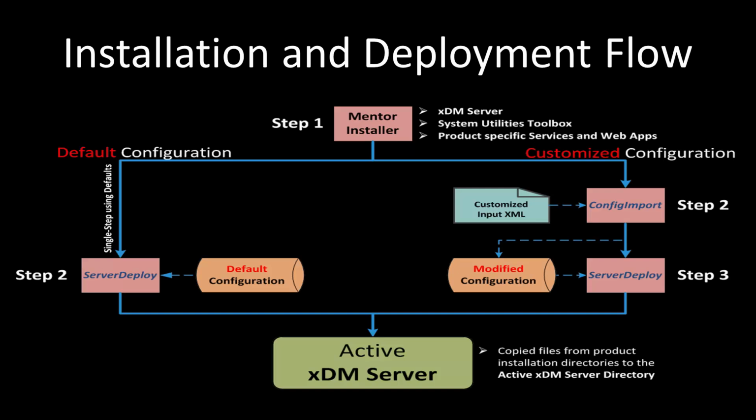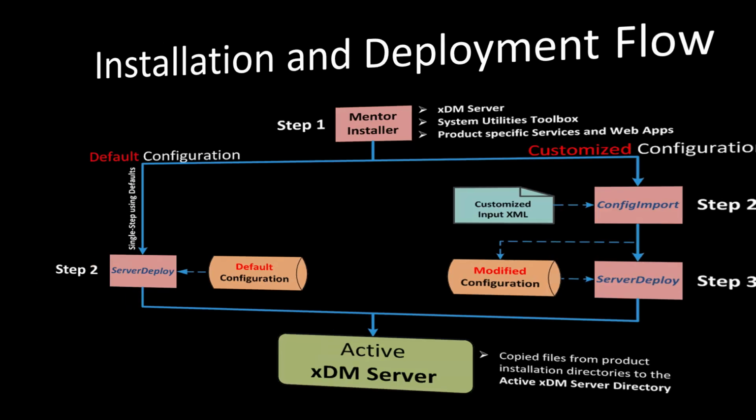Server Deploy is your tool to deploy the XDM server. As shown on previous trainings, you have the option to customize the configuration before starting the deployment. Now that the pending configuration is ready, you can start the deployment of the XDM server. During the deployment process, the Server Deploy utility uses the pending configuration in order to set up the components that establish the XDM server. Components such as the web application server and potentially the embedded database. It will also set the connection to the database as well as other resources exactly as defined in the pending